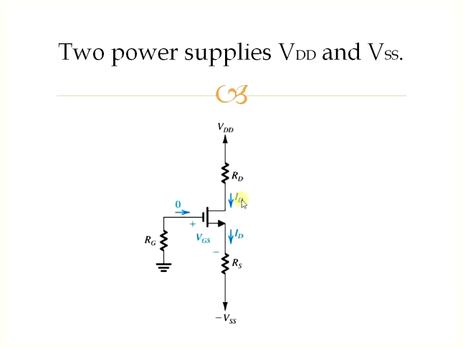The next practical discrete implementation makes use of two power supplies, VDD and VSS. Here VG, the gate voltage, is replaced by VSS. The resistance RG establishes a DC ground at the gate and presents a high input resistance to the signal source that may be connected to the gate through a coupling capacitor. We will solve the numericals using a single power supply and two power supplies in a different tutorial. The link of the tutorial is shared in the description box.